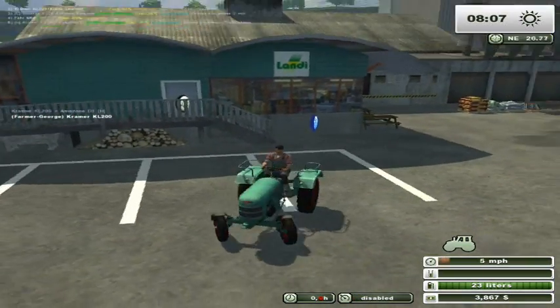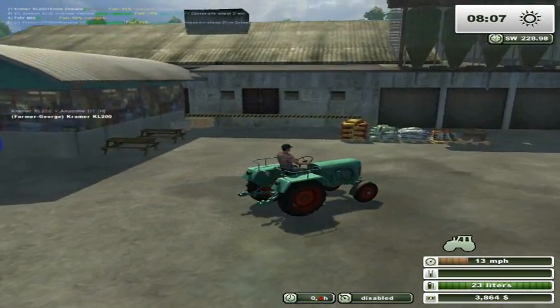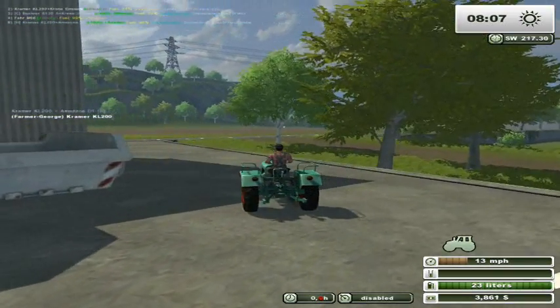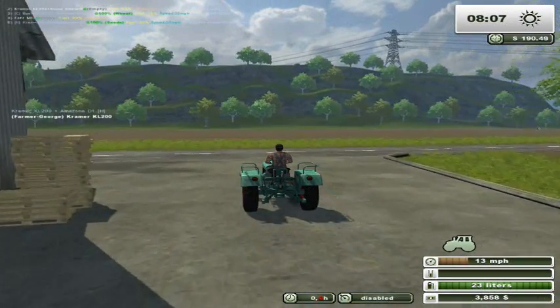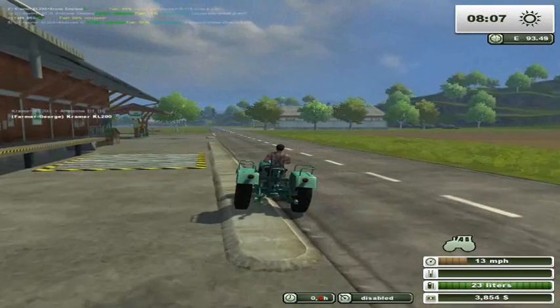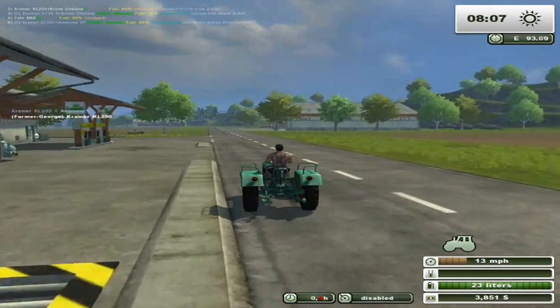And these old tractors as well, if you don't need to sell them, they're handy just to leave by things like the shop for selling the eggs, and you can just teleport into that vehicle and sell the eggs. Although I don't like teleporting, I'm doing it just for the video. In general, sometimes I